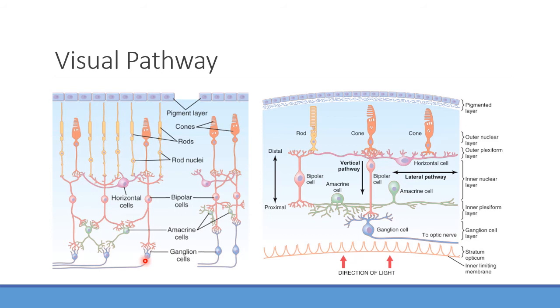So again, it's very important that we have these sodium channels closed. You hyperpolarize those cells, and eventually will stimulate these bipolar and horizontal cells to eventually stimulate the ganglion cells. Okay. And then at this point, it's a normal action potential that can send a signal just like it would, say, if I prick my finger or if I stepped on a nail or something like that, same type of signal once it gets to those ganglion cells.